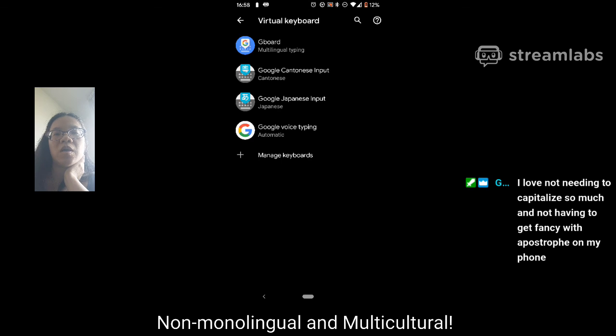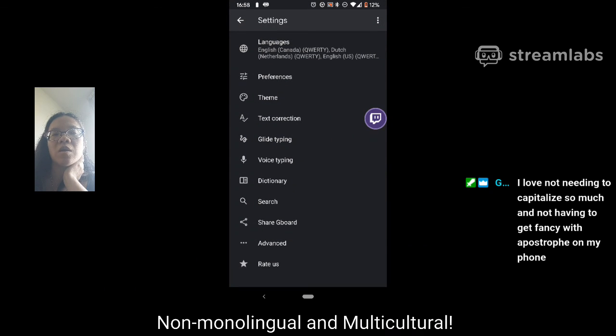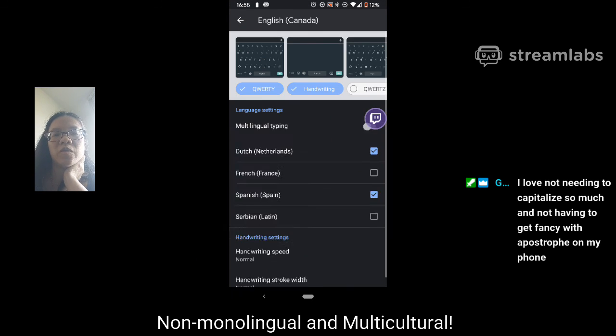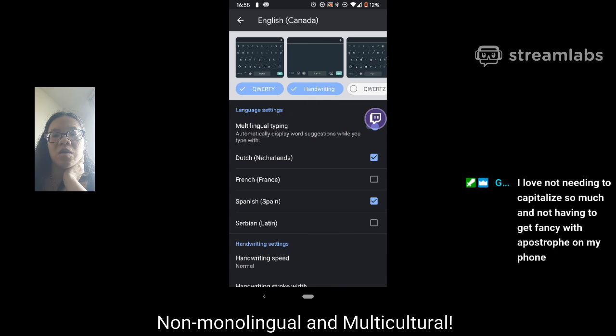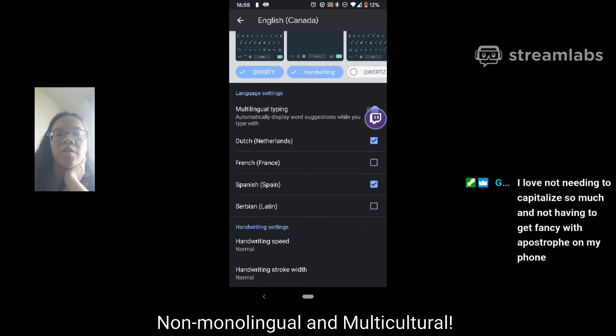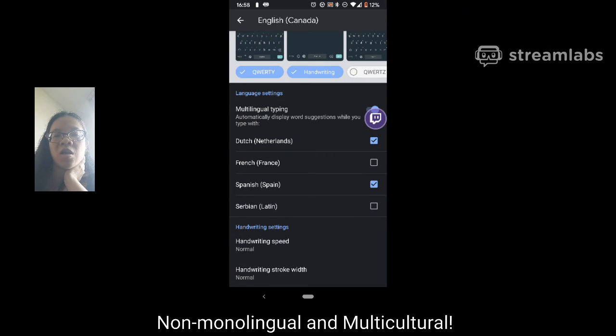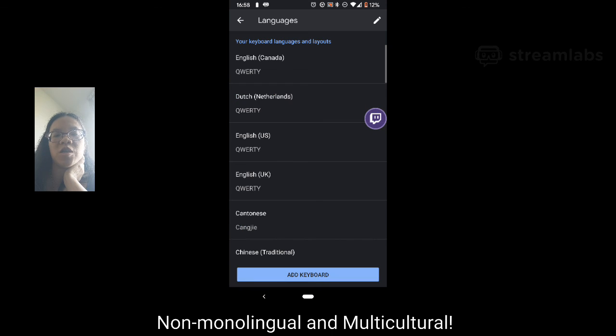This one. It's actually multilingual typing. So for that one, I just checked off Dutch and Spanish. I guess you have to install the other ones just to get the language selection in there. Why is it telling me Serbian? That's actually funny. So yeah, you can add 2 more. That's why mine has English, Dutch, and Spanish.